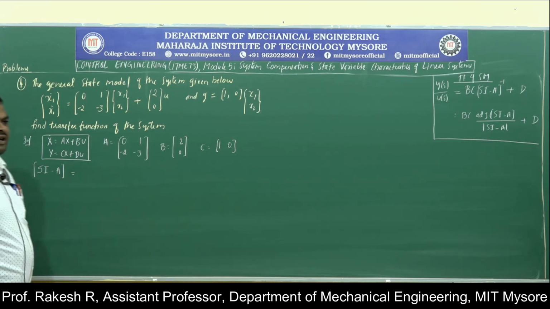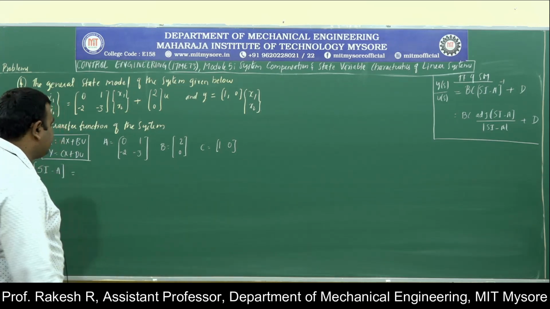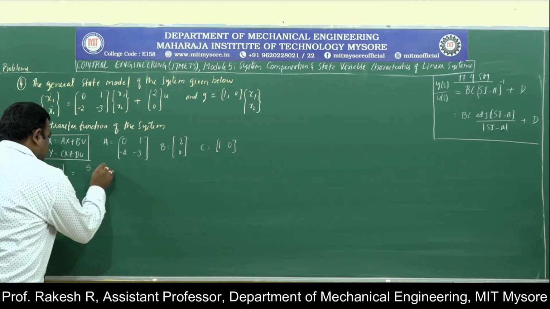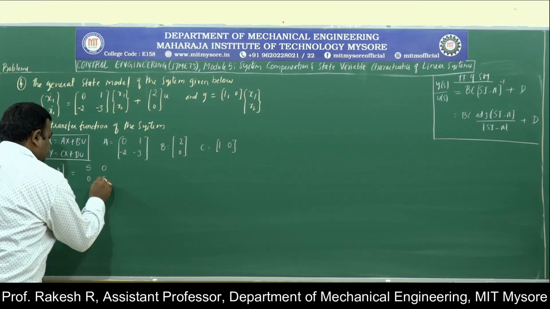What is sI? I is nothing but an identity matrix. Identity matrix is nothing but [1, 0; 0, 1]. If you multiply by s, you will get sI. So it will be [s, 0; 0, s]